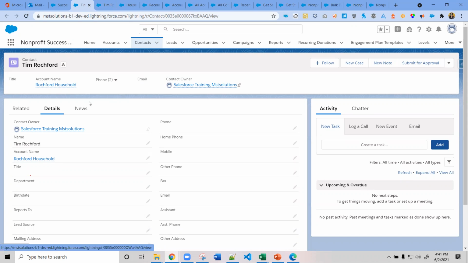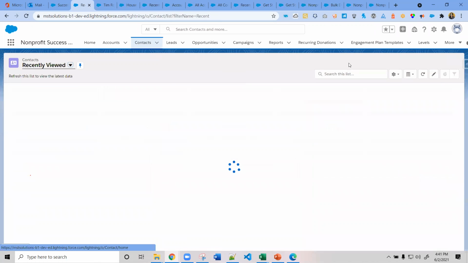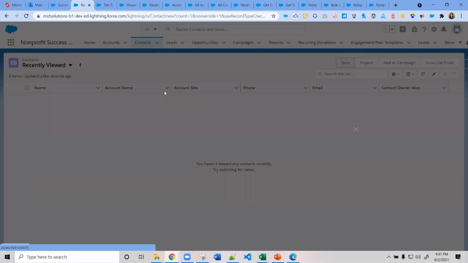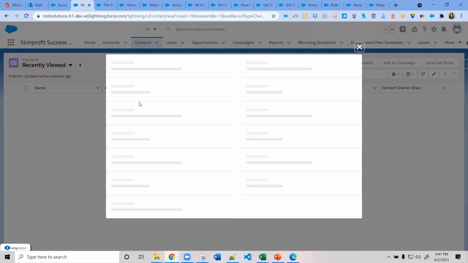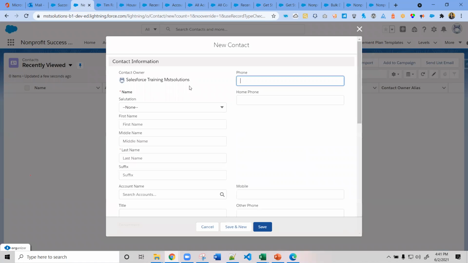So by default, whenever we are creating a new contact, it will create a new household for this. Not only when importing through the data import object, but whenever the business creates a contact directly in Salesforce, without choosing the account name, by default it will create the household name.